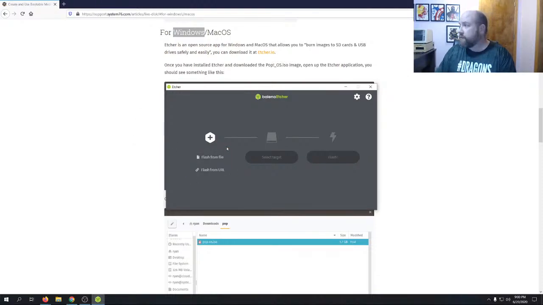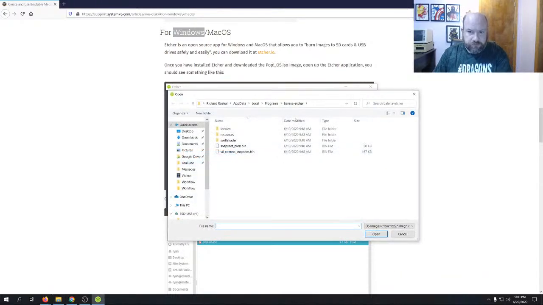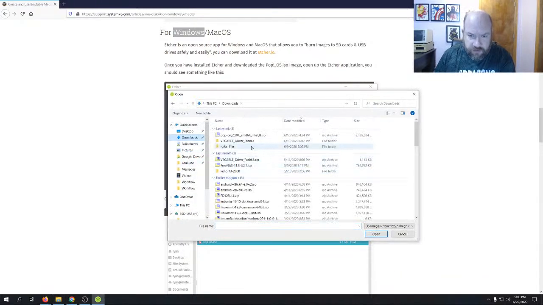So I'm going to go ahead and unplug my headset real quick, and I'm going to put a USB key into my computer. And we're going to flash from file. Let's go into my downloads, and here you can see Pop!OS. I downloaded it a few days ago, but I had to verify my channel and go through a few steps to get